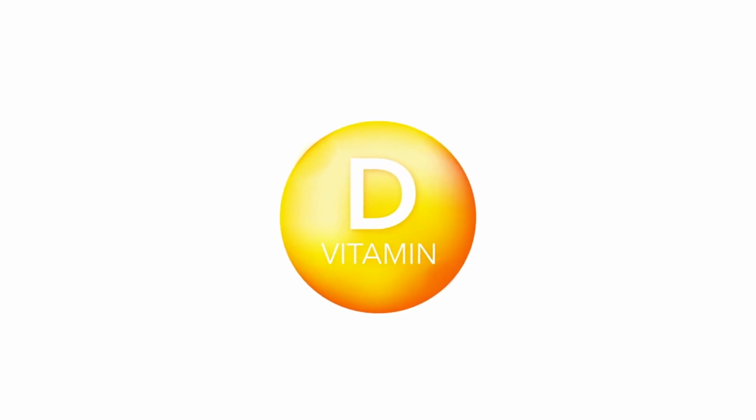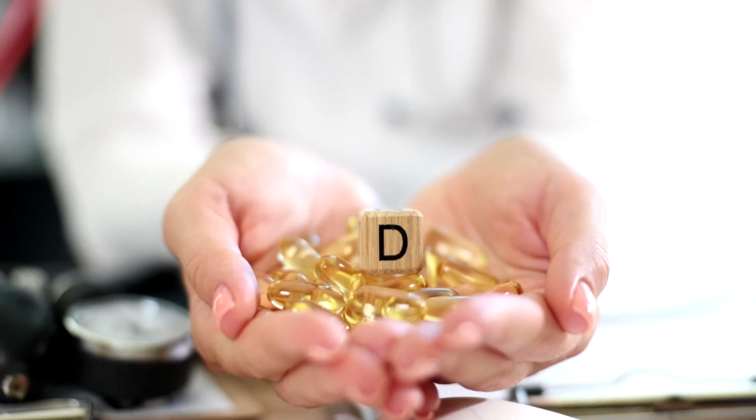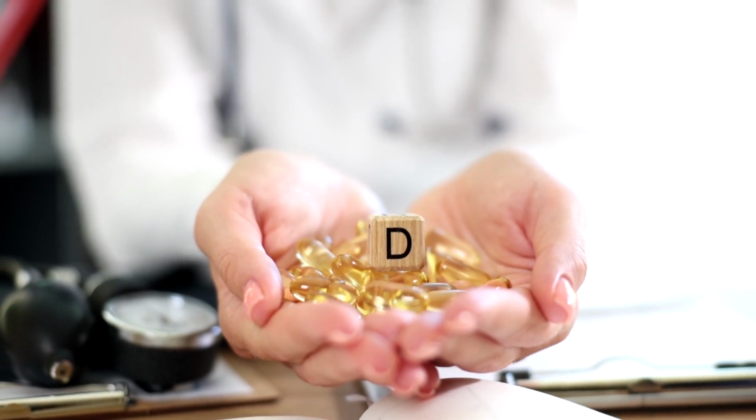Vitamin D3. The RDA for vitamin D3 is about 600 to 800 international units, or up to 5,000 international units for most adults, though higher doses may be recommended for those with deficiencies. Vitamin D3 supplements are widely available and can help maintain adequate levels, especially during the winter months or for those